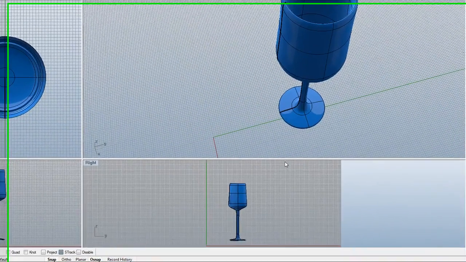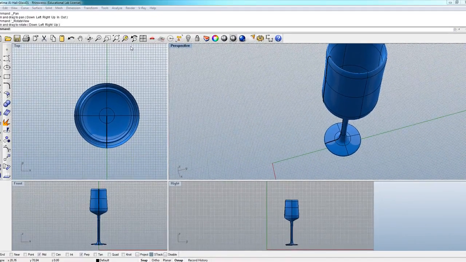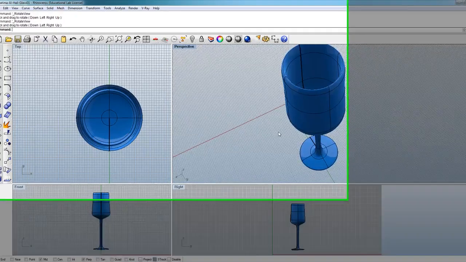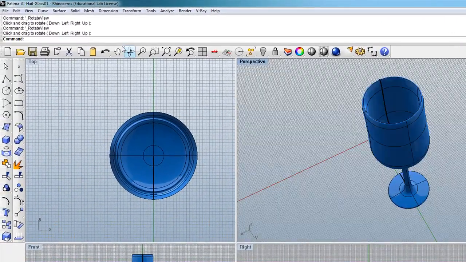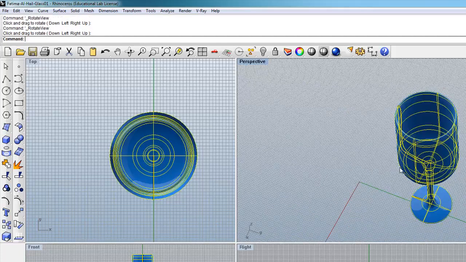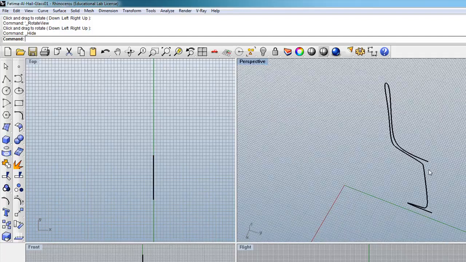In this lecture, I'm going to teach you revolve, and this will be our last tool that we need to learn to construct a surface. The end result looks like something like this. It's a glass, and if we click on it and hide the end result, we'll see something like the profile or the section